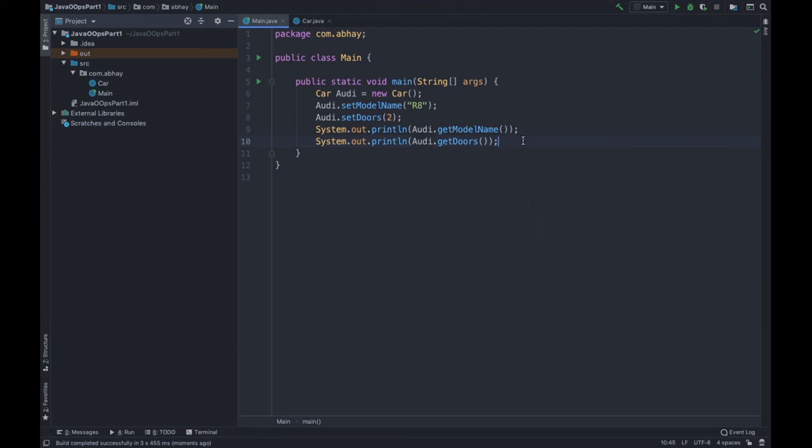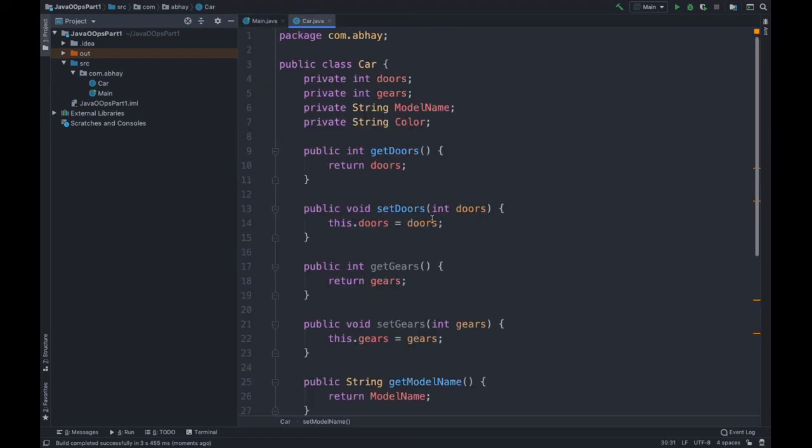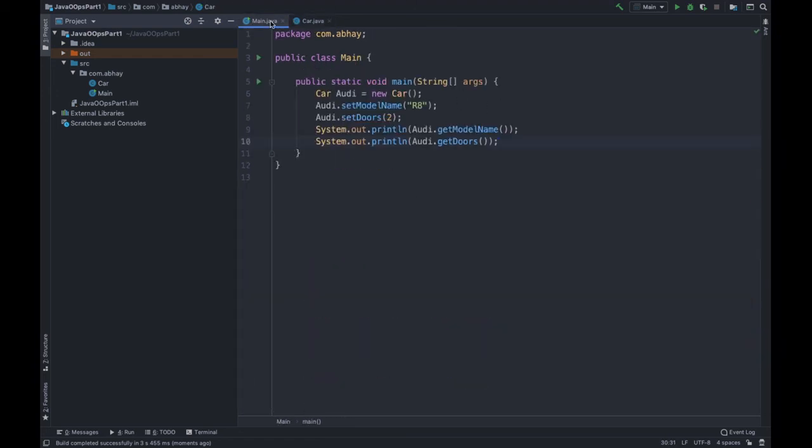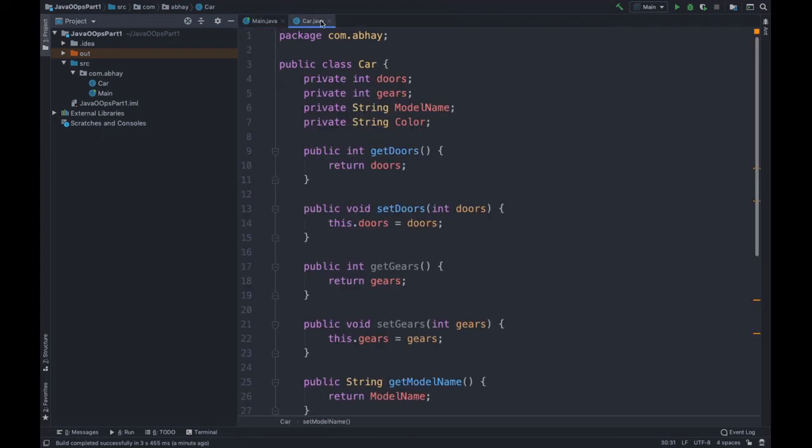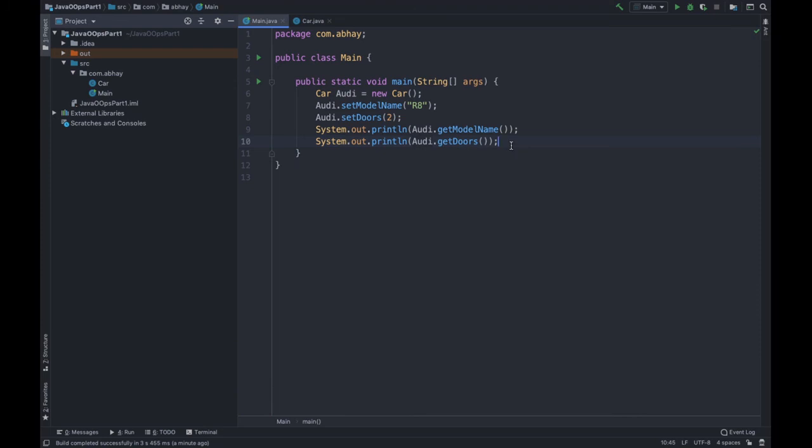Setters help us to set a particular value in a field, which modifies our class, and getters help us to return the value, that is, what value is set by the user or by the software itself. So that's it about getters and setters, and in the next video we will cover what constructors are, which is one of the important concepts in OOPS.